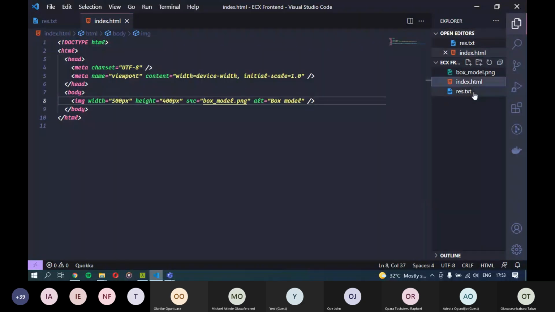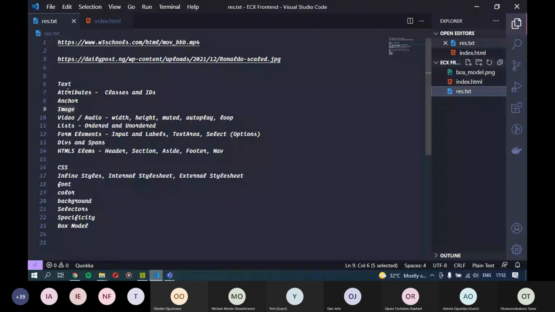I assume that everybody in this class should be able to successfully write HTML, should be able to successfully build a web page that has texts, headers, paragraphs, and all that, can link to other pages and can show images. Everybody in this class at this point should be able to do that.